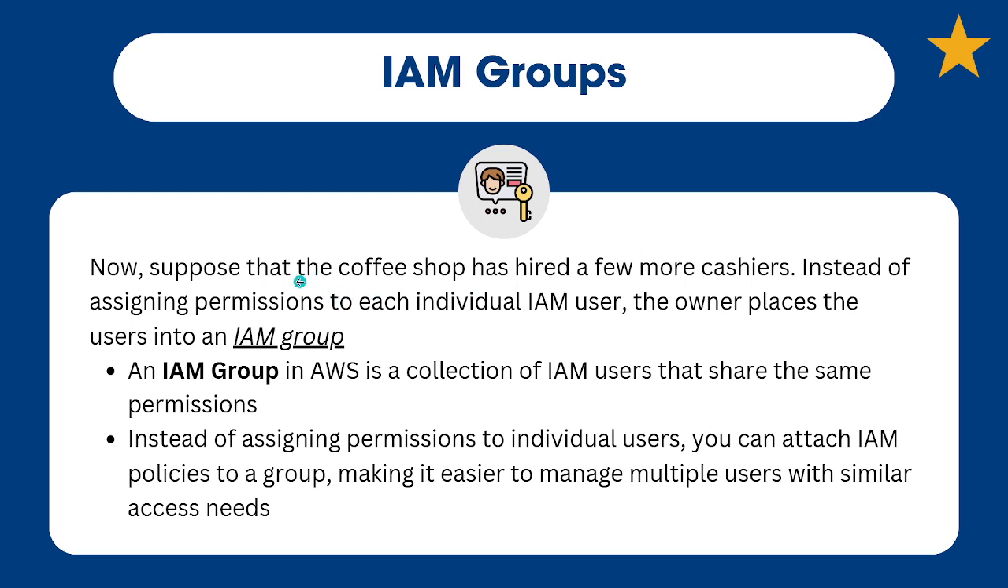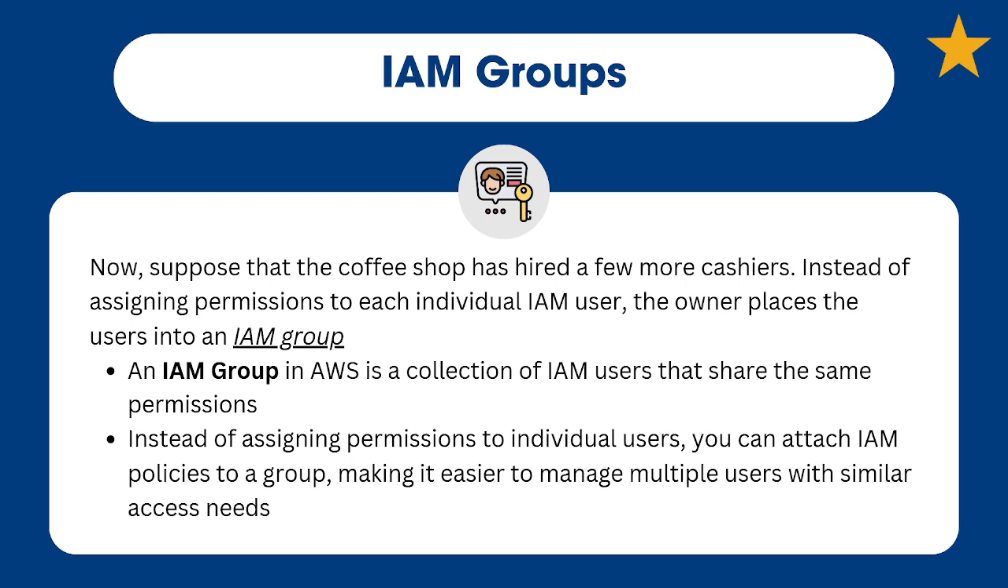All right, so now suppose that the coffee shop has hired a few more cashiers. Instead of assigning permissions to each individual IAM user, the owner places the users into an IAM group. So an IAM group is going to enable you to work with multiple users at a time. You can certainly assign policies one person at a time, but if you're in an organization of 200 people and being able to partition them into maybe just 5 or 6 groups, you're going to be way more efficient when